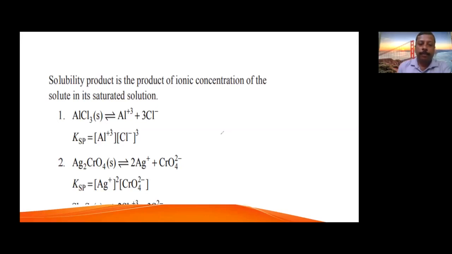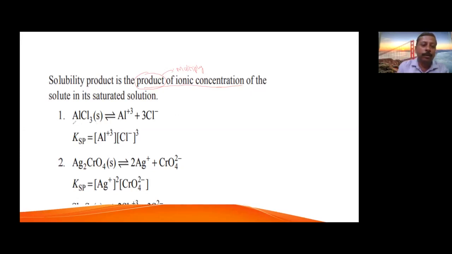Here are some examples of how to write the solubility product. As I told you, I have taken a simple example for the formula's sake. Solubility product is the product of ionic concentrations. Any type of ions present, they must be multiplied. Product here does not mean reactant and product; here product means multiplying. There are two types of products, and how your product works is different. Understood? So the product of 2 into 3, that kind of product is here.